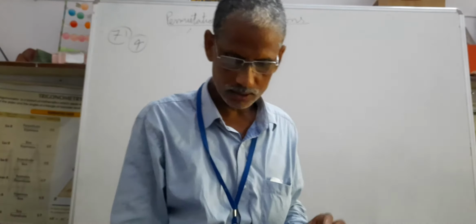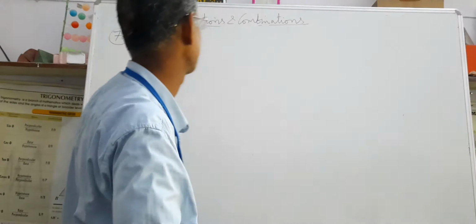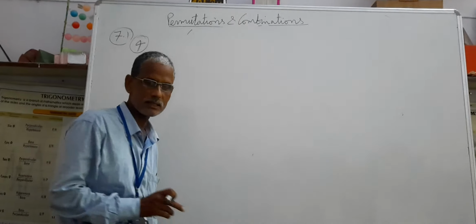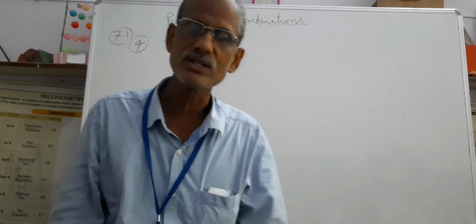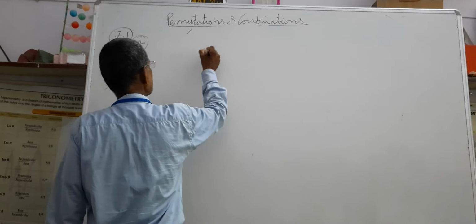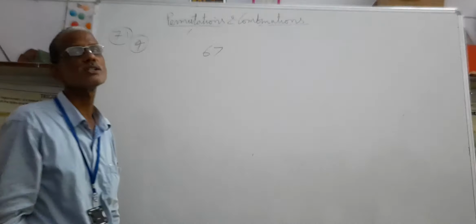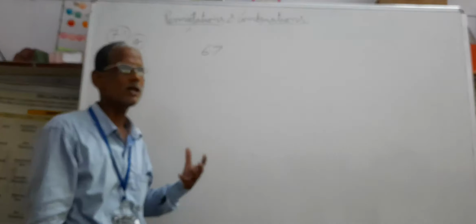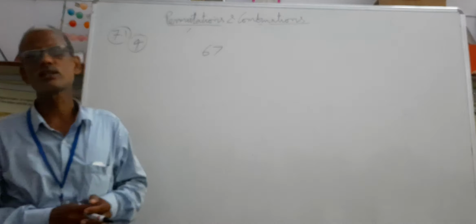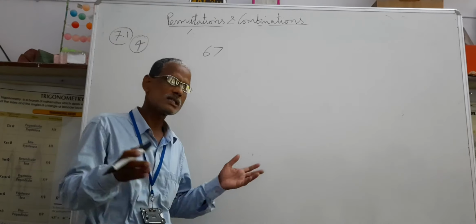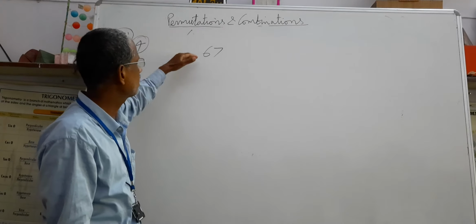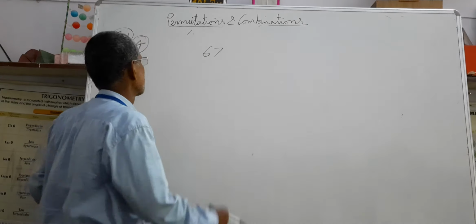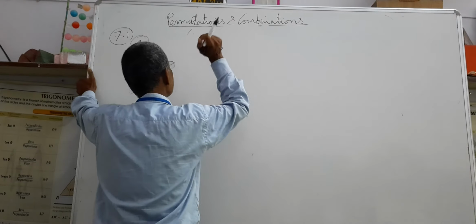Your telephone number consists of 5 digits, but it is given that all telephone numbers will always start with 67. The first 2 digits will be 67. Likewise, sometime before, BSNL numbers started with 94, Reliance with 93, and so on. So all numbers will start from 67, and the total digits in the number is 5.